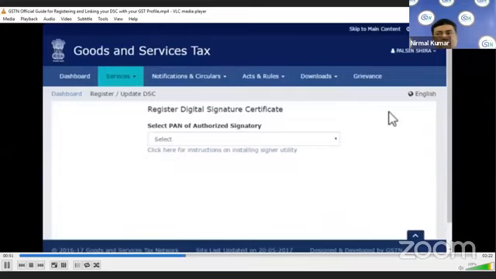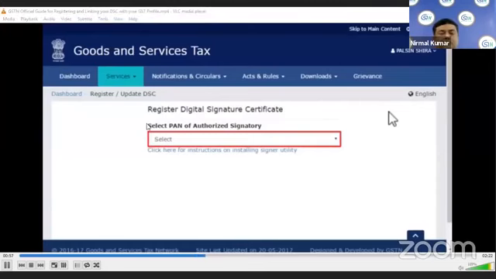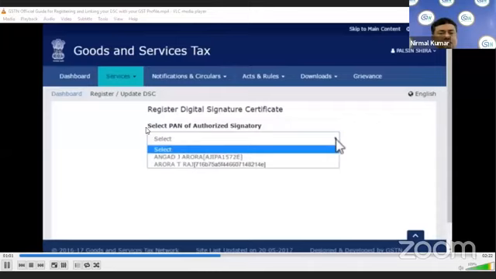From the next screen that appears, open the drop-down list to select the PAN of the authorized signatory for whom you wish to register the DSC. Select the desired authorized signatory from the list. For the purpose of this demonstration, I'll select